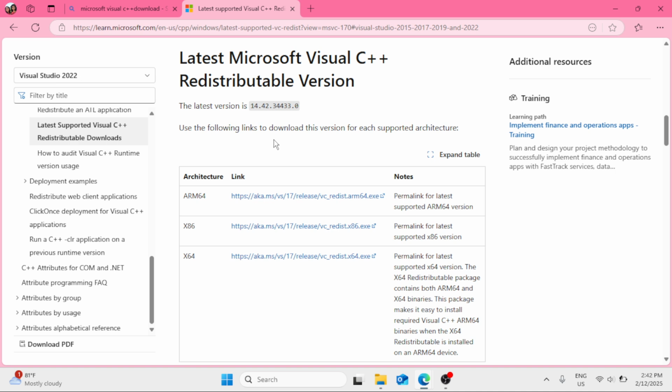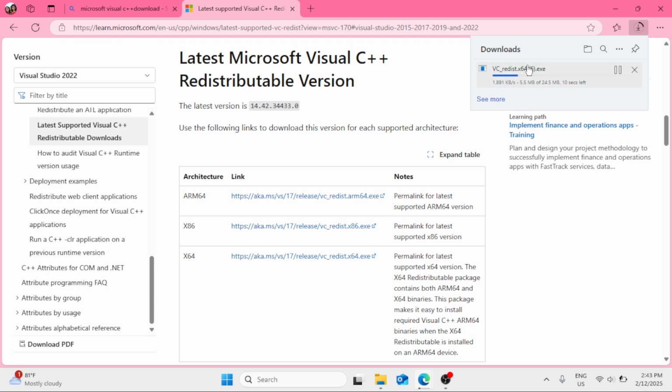So if the architecture of your Windows is ARM64, x86, or x64, then you just have to simply download the link that corresponds to the architecture of your Windows. Now my Windows is 64-bit, so I'm going to click on this link that corresponds to it. And the installer file right here will be downloaded. So as you can see,